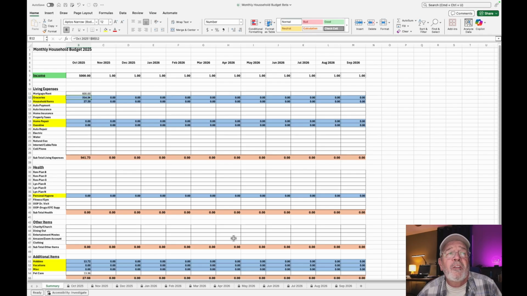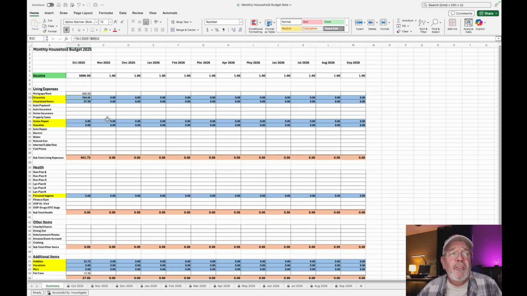You can just restart over each month if you want to. I only had about 3 or 4 months in here in the beginning, but some of the other people that have beta tested for me said, well, why don't you have the whole year in there? So I went ahead and filled the whole year up for this